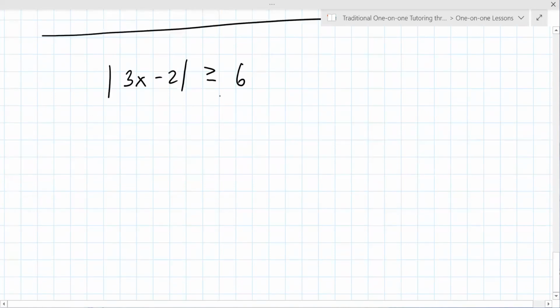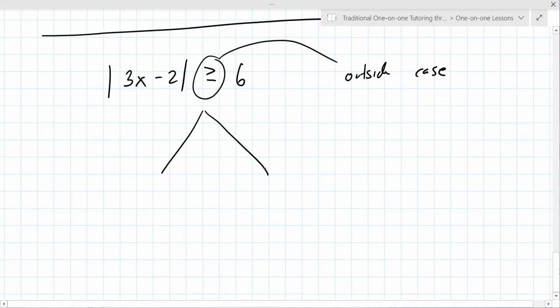Okay, so the greater than or equal to is the outside case. So the outside case is what you're referring to, where you have to write 2 of these. Uh-huh. So you write 3x minus 2 greater than or equal to 6, and then exactly the same thing, but